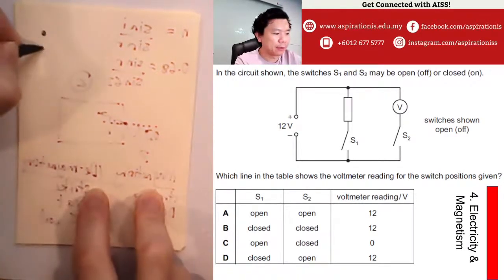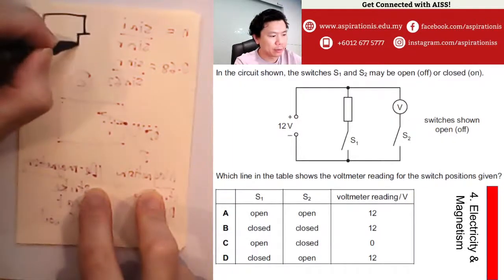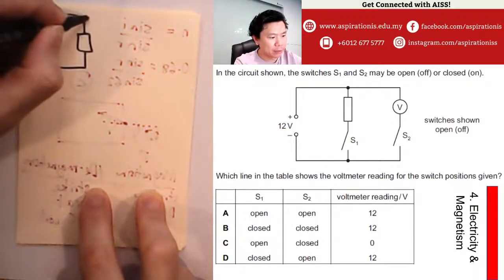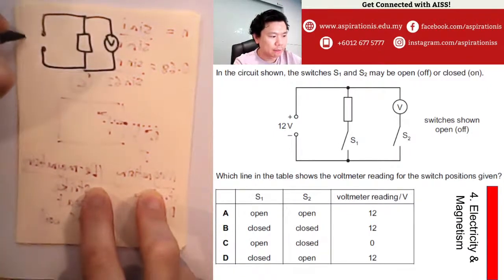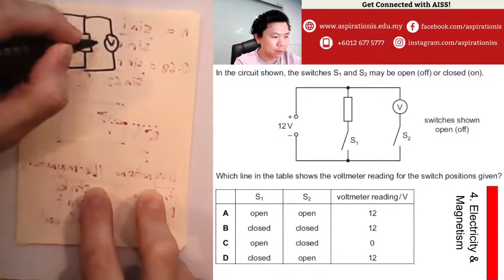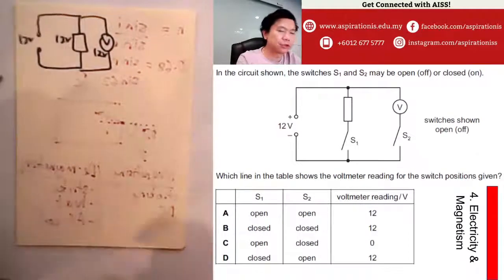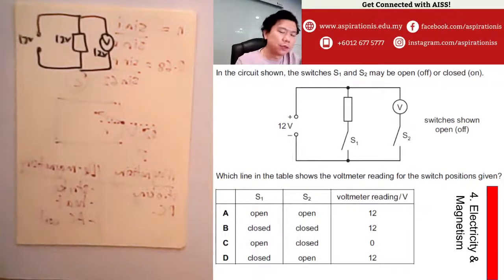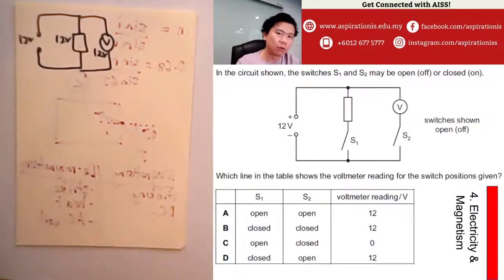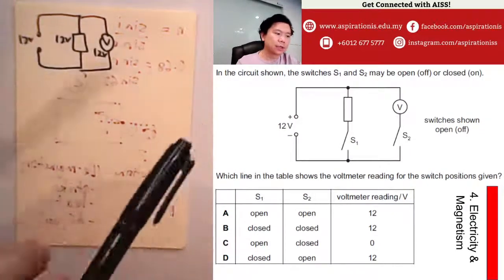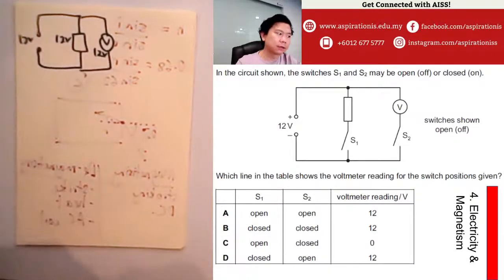guys, this is a parallel circuit. Okay, this is a parallel circuit. Now, in a parallel circuit, right, if this is 12 volts, this is 12 volts, this is 12 volts. If you have another branch, it is 12 volts. If you did not choose B, that means you would think that if you have another component, the other component will get less than 12. No, alright? Because this is a parallel circuit, all components that are connected in parallel get 12. So which is why if you understood that, very clear cut, the answer is B.